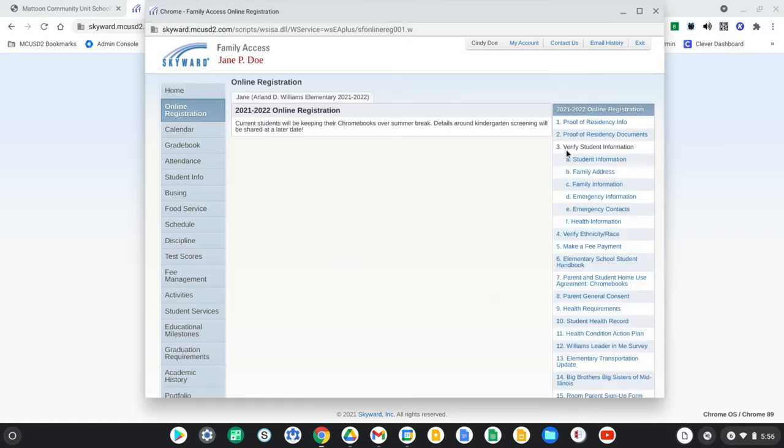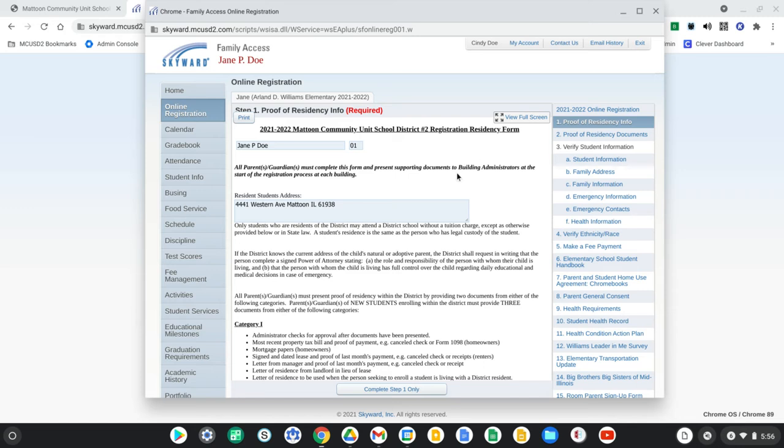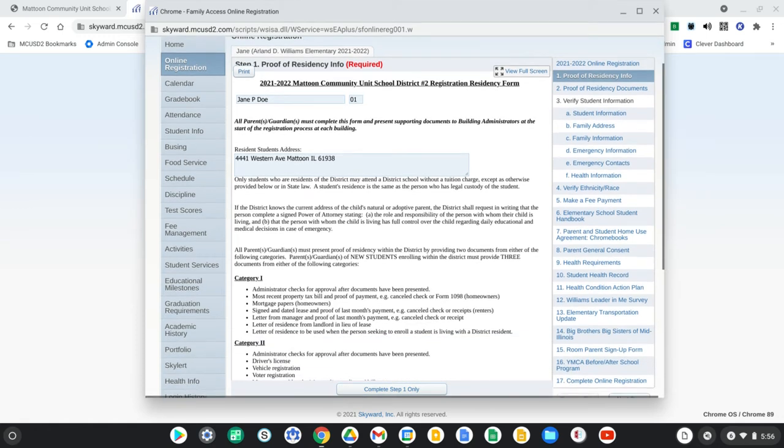The first thing you're going to see is this 2021-2022 online registration information. The messaging says that the current students will be keeping their Chromebooks over the summer and that details around kindergarten screening will be shared at a later date. You can then move on to step 1, which is proof of residency information. This is going to pull from last year or whatever information is already located in Skyward. You need to verify this information,